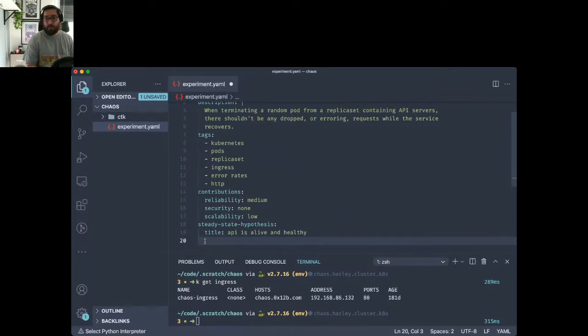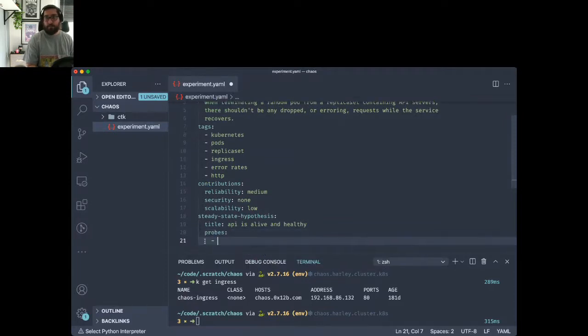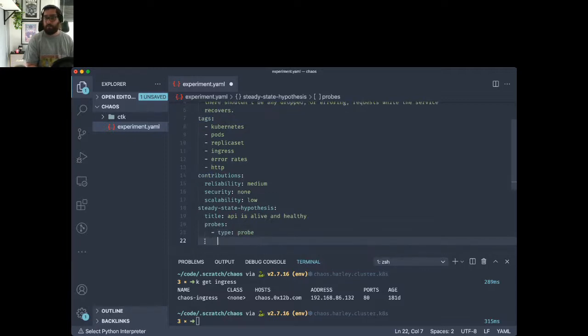We'll also add some probes to that steady state hypothesis, and the probes will make sure prior to and after we've injected chaos or failure that we still are within the steady state hypothesis. So it's a good way to make sure our system is still behaving as we expect it to. So this will have a type of probe and it should have a name as well.